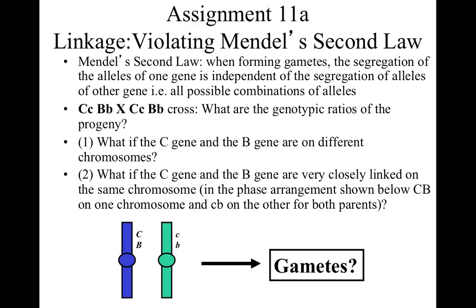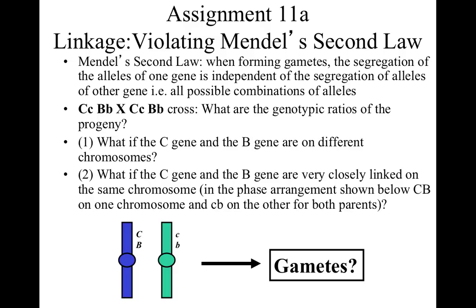However, I can give you an assignment. Assignment 11A concerns linkage of 2 genes, which represents a violation of Mendel's second law. Mendel's second law applies to the case of 2 different genes or loci contributing alleles to the progeny. It states that all possible combinations of the 2 sets of alleles can come together in the gametes because the alleles segregate independently. So in the case of the C gene with a dominant big C allele and a recessive little c allele, and the B gene with a dominant big B allele and a recessive little b allele,